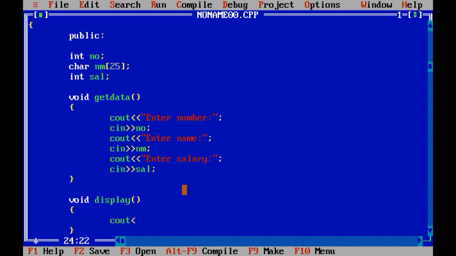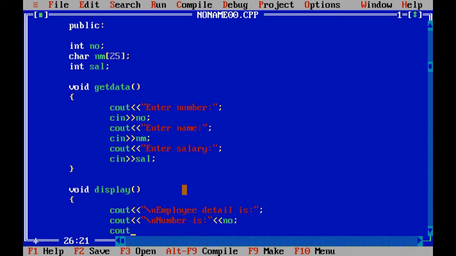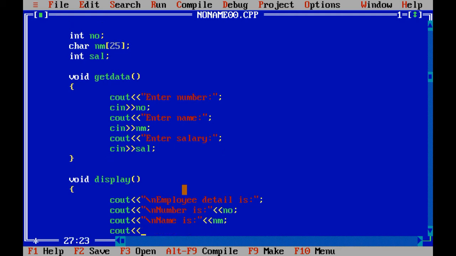So let me write the cout code for that. cout Employee detail is, cout \n number is, and cout name is nm variable, and cout.